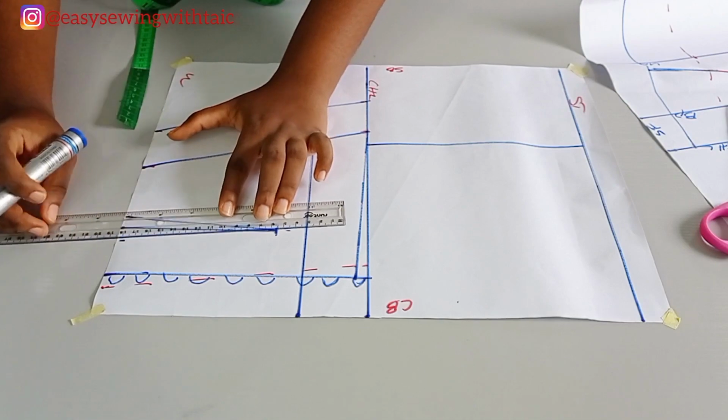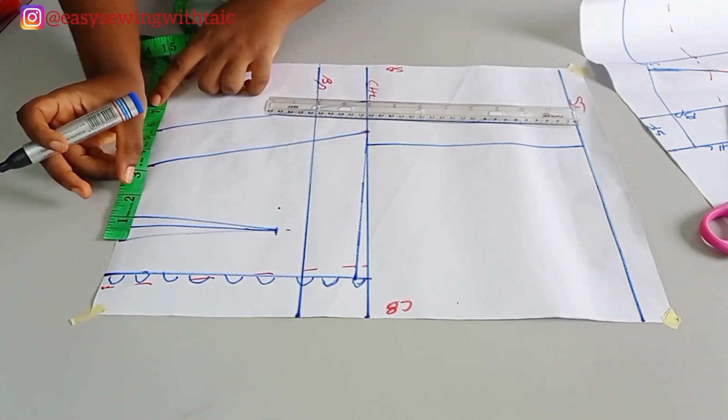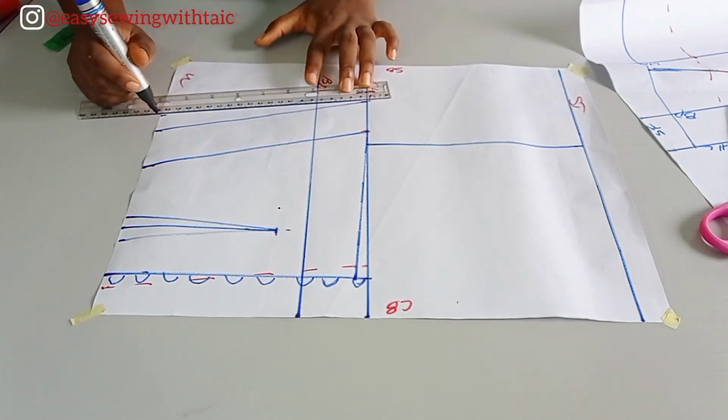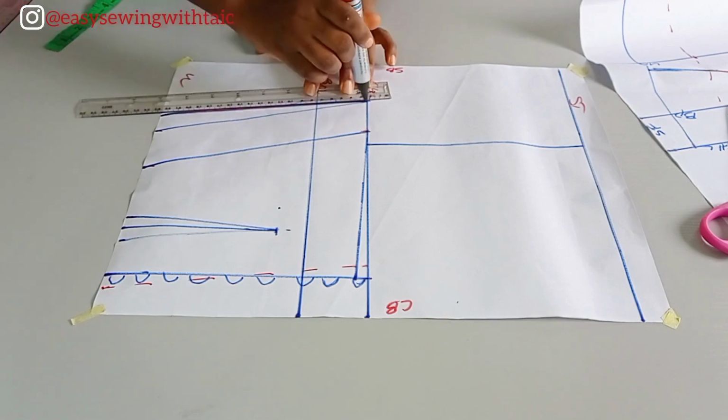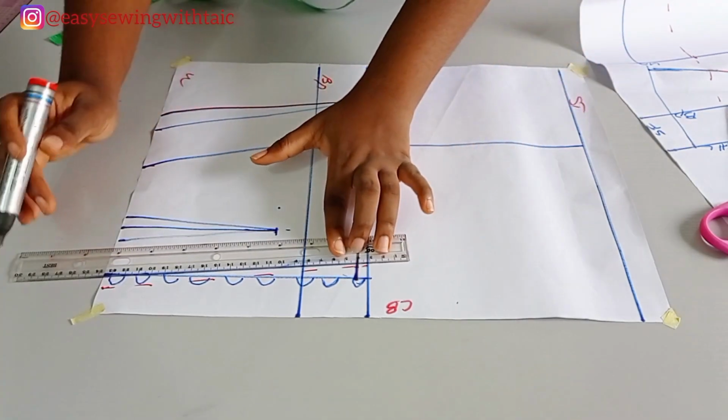If not, there will be shortage of measurements. You know how we do it already. So I'm going to replace it at the side. Then I will connect the new waist measurement to the bust measurement. And we are done. So the place I'm going to cut out is where I'm just highlighting with the red